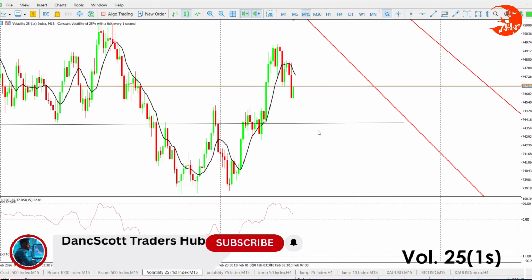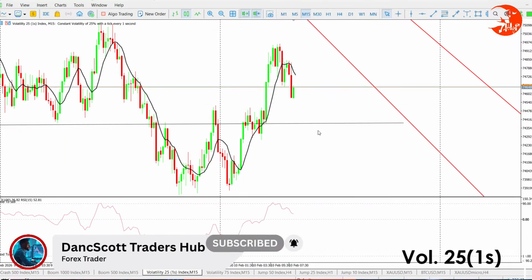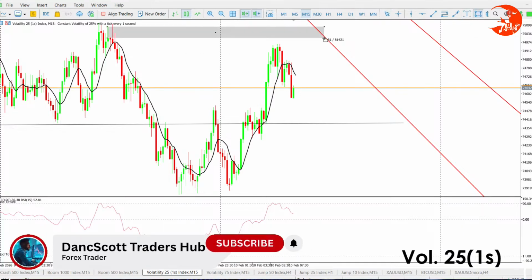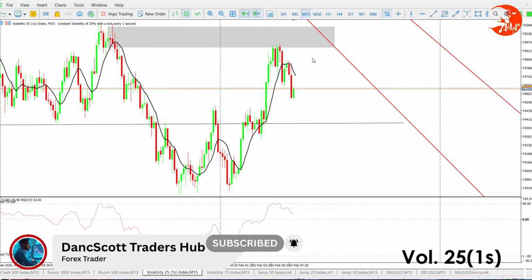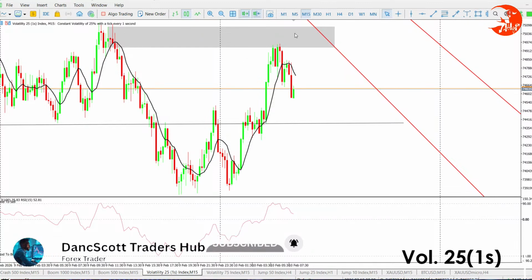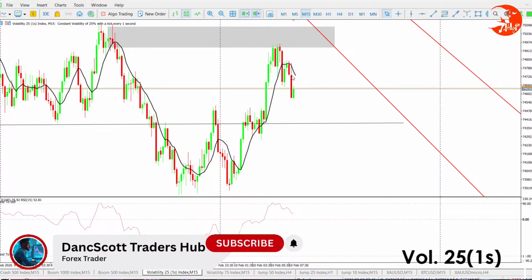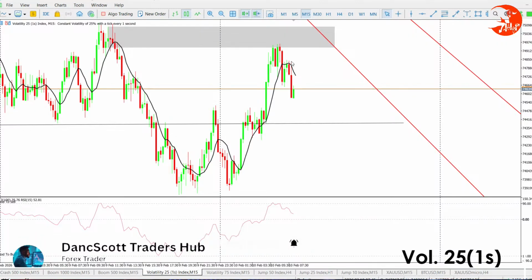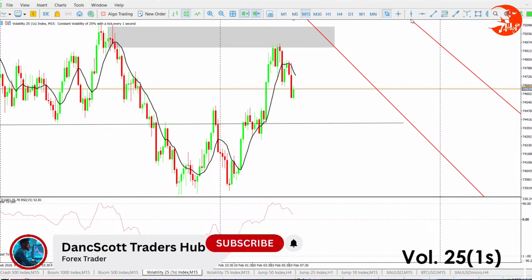If we go to M15, you will clearly see that sells have already taken shape according to what you see. Now the mitigation I was talking about is this. That is a previous order block right there. That order block has been mitigated now, and clearly sales have begun and price is below our 10 MA.